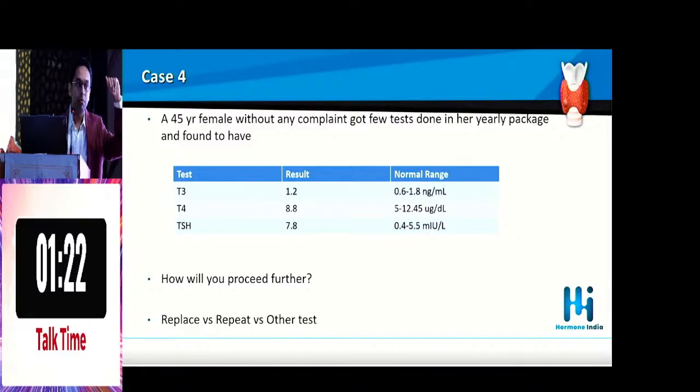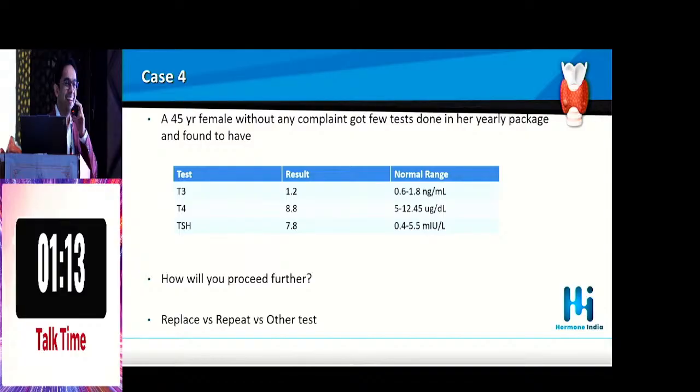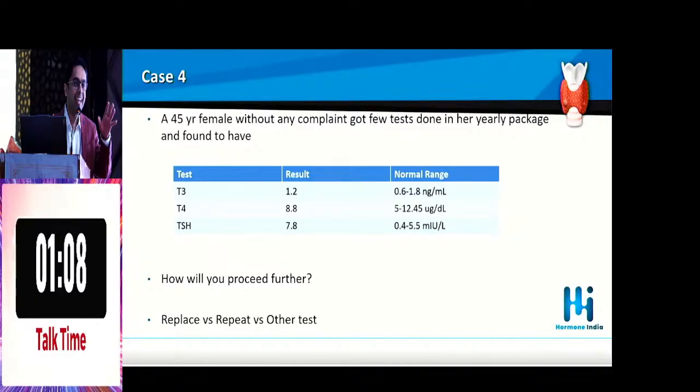Anti-TPO, you will say, but a 45-year female who got the test done and you did not start treatment, she will go around the whole city with that report saying you did not start treatment. I slightly agree on that because we see such reports where 12.5 is put. Second thing, Dr. Mayur, Madam Randa Joshi says that a 45-year female without any complaint is a